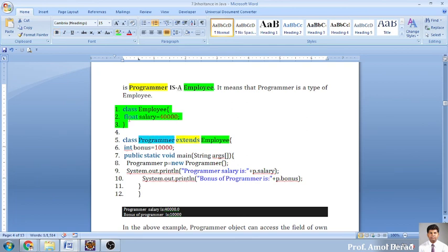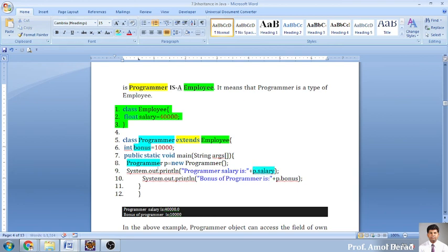Here I want to give a salary to this employee plus bonus. So I have declared one more variable, bonus, with 10,000, and I'm creating an object of the subclass, that is programmer, with P. Because P is already there and contains the variable bonus, I can refer to it directly, that is P dot salary.